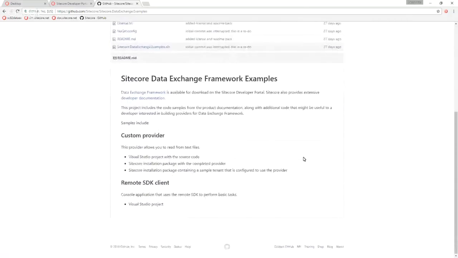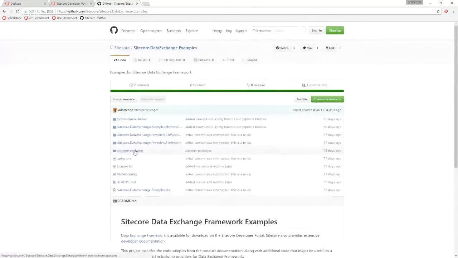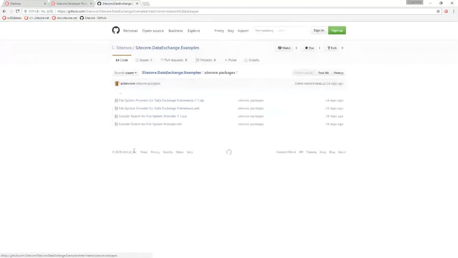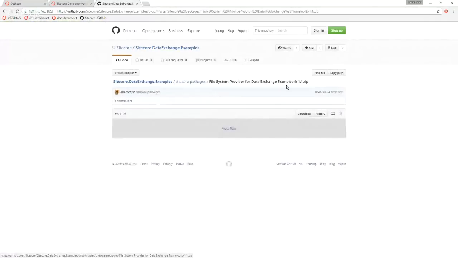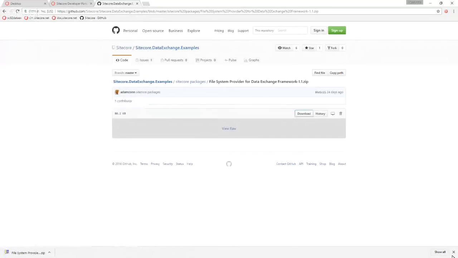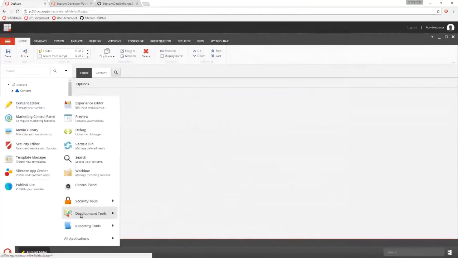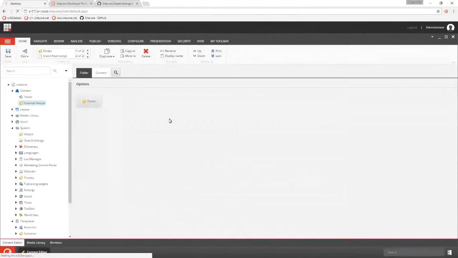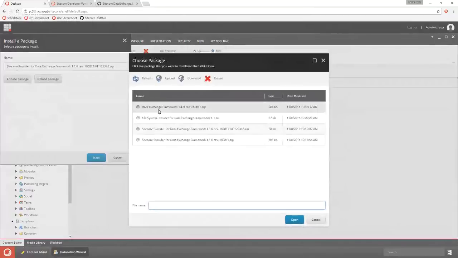If I come in here, there's a Sitecore Packages folder, and in here there is a file system provider for Data Exchange Framework zip. I'm going to download this because this is another provider, a sample provider that's going to let me read from the file system. So I'm going to save that, and back over in Sitecore, I'm going to open my installation wizard and install that file system provider.